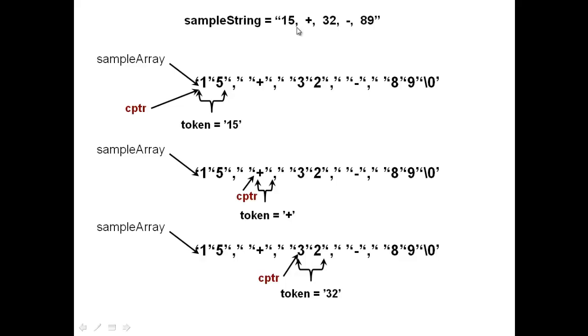So I put the comma only after this 1 5 together. I did not put 1 comma 5. I wanted this to be processed as 15, so I put 1 5 together and then put the comma. And then for clarity, I can include a blank space also as a delimiter, and then I can put this plus symbol. Then I put a comma as a delimiter separating this plus symbol from anything else, and then put a blank space. Then again I do not put 3 blank space 2 or 3 comma 2. I put 3 and 2 together as one entity, and similarly 89 and minus symbols.